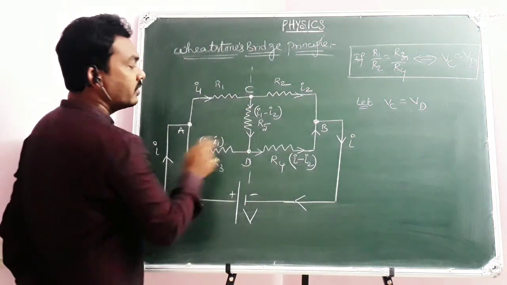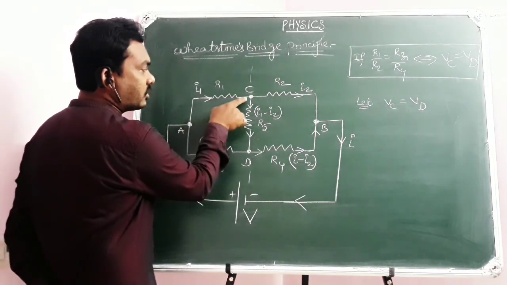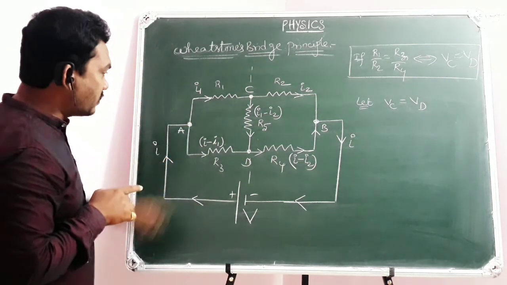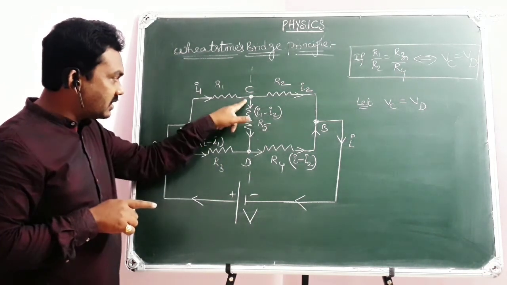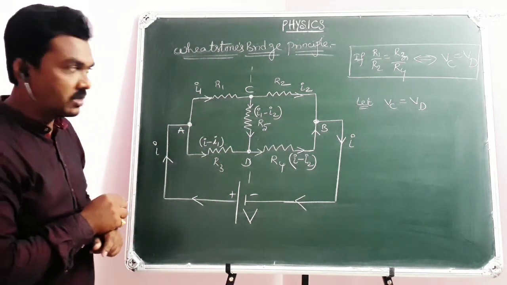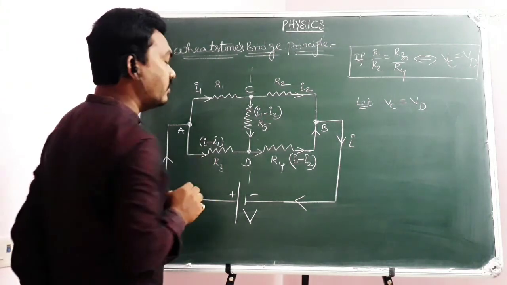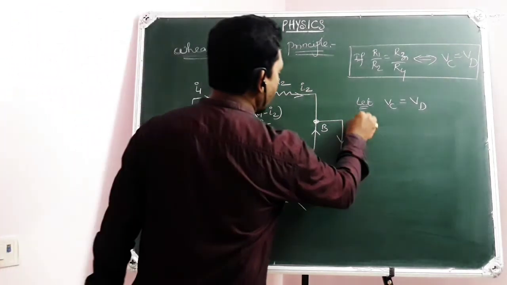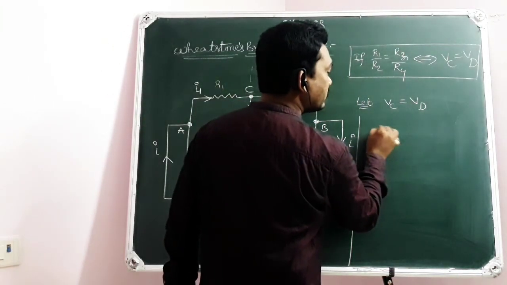VC equals VD. When VC equals VD, then the potential difference across AC will be the same as the potential difference across AD. Because VC equals VD, the potential difference across AC equals the potential difference across AD. Am I right or not? Yes. So in that case, listen carefully. For some time I am going for some suppositions. Keep this electric circuit aside. Now once look at this.